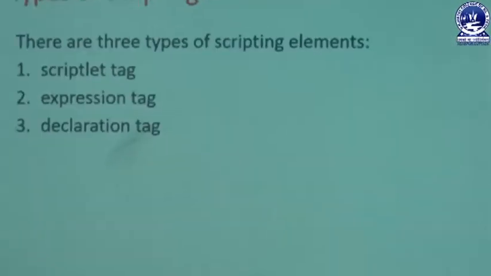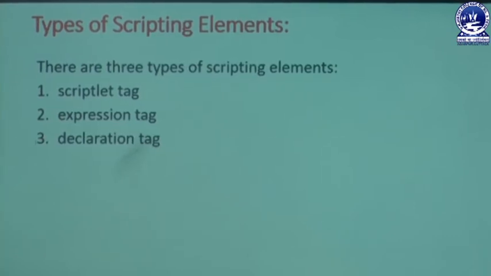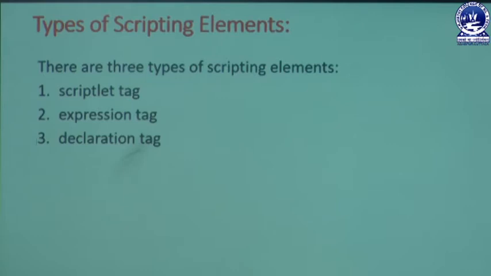Whenever your web server is activated and your JSP program is compiled and executing, then automatically your web browser is opened and you are getting an output through that browser. Okay. Next we can learn what the different types of scripting elements available in our JSP concept are. Generally we have three types of scripting elements: one is known as the scriptlet tag, the second one is the expression tag, and the third one is the declaration tag.